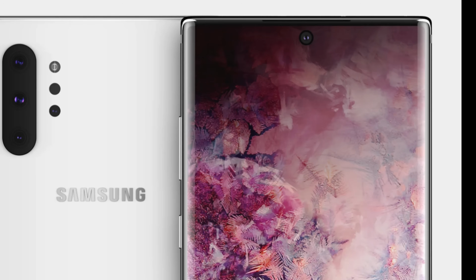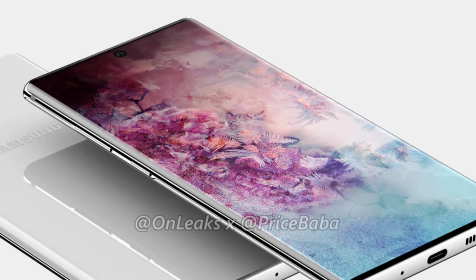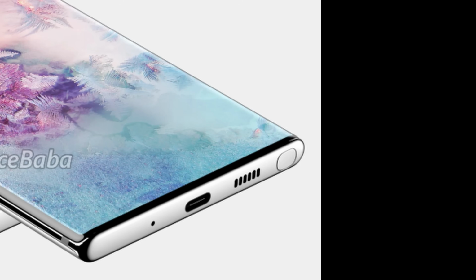No buttons on the right-hand side. It does have 3 buttons on the left, should be volume and power. And obviously, since it only has 3 buttons on there, the Bixby button has been completely removed. There's no physical fingerprint scanner, so it will be underneath the display, just like the rest of their phones have been lately. At the bottom of the phone, you will find an S Pen slot, a microphone, a loudspeaker grill,